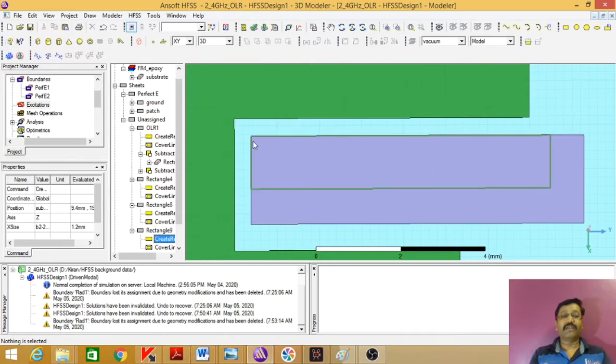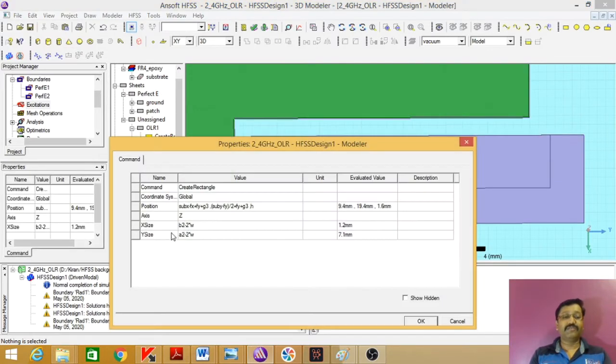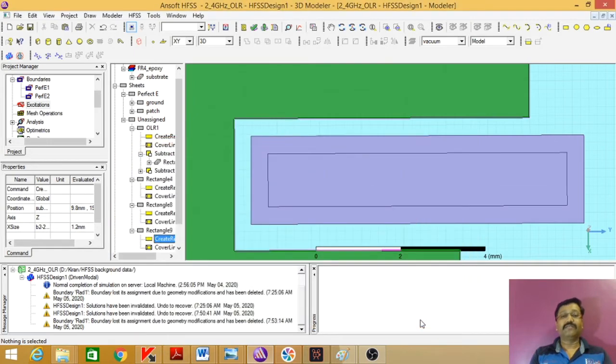Now you can see it is aligned properly. Now we need to add the W in both the dimensions. Add W plus W and plus W in y dimension as well.